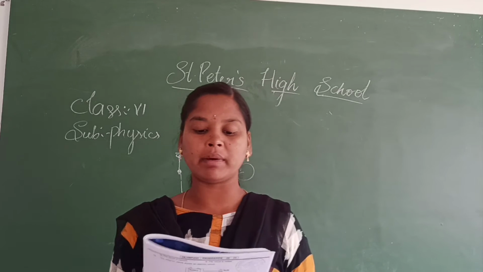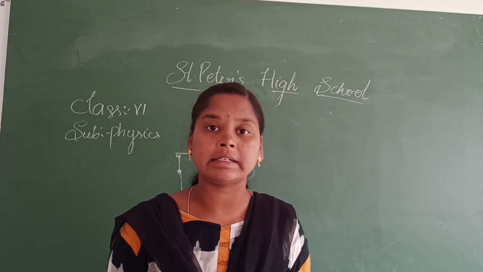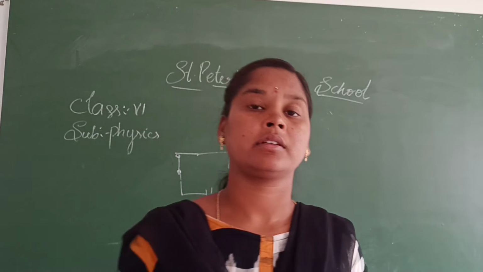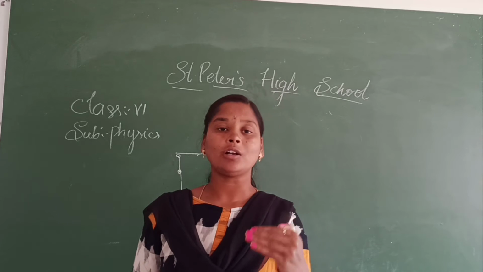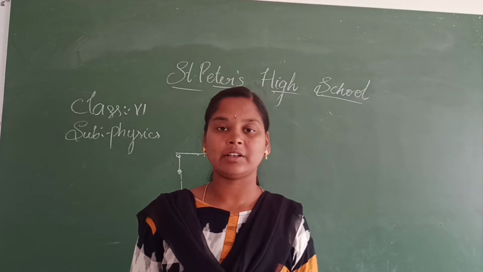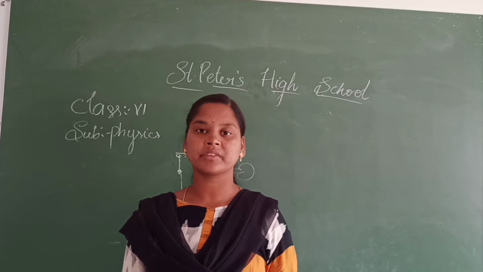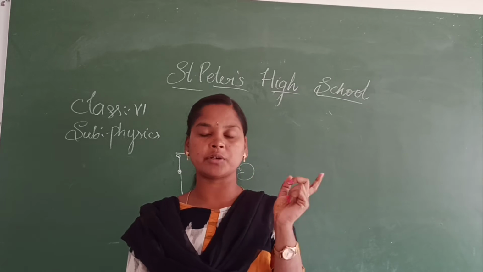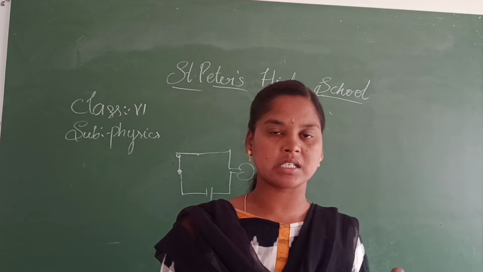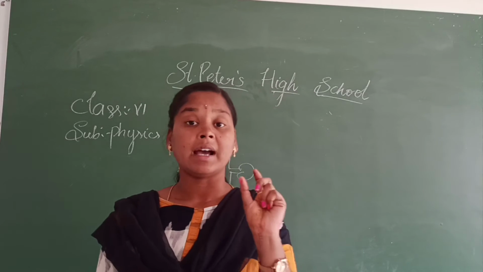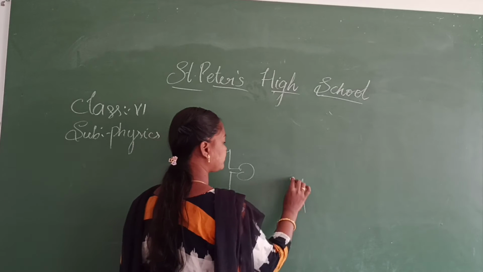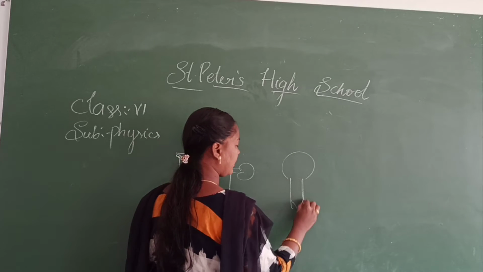Which part of the bulb is made up of an insulator material? Insulator, what do you mean by insulator? It does not allow electricity to pass through it. In the bulb, how many filaments do you have? First, tungsten, 2 filaments, positive terminal, negative terminal, and 1 filament. It is made up of tungsten. Tungsten is a conductor, and you have a metal cap also. Yes or no? This is a bulb. This is a metal cap.